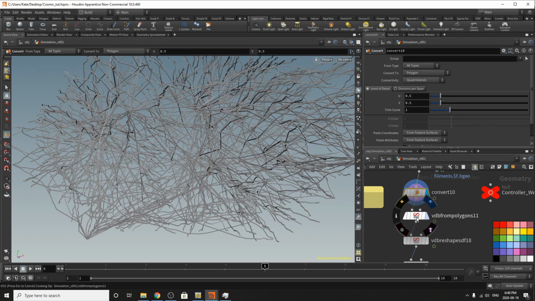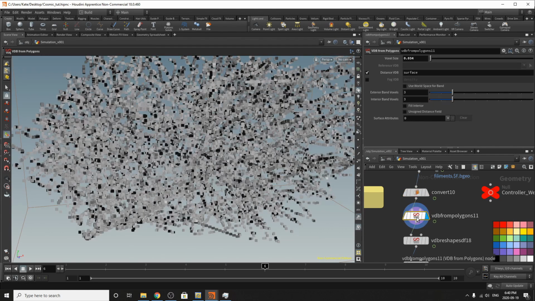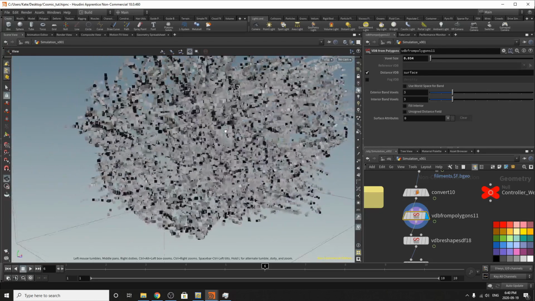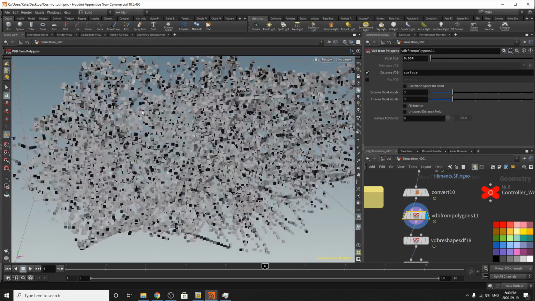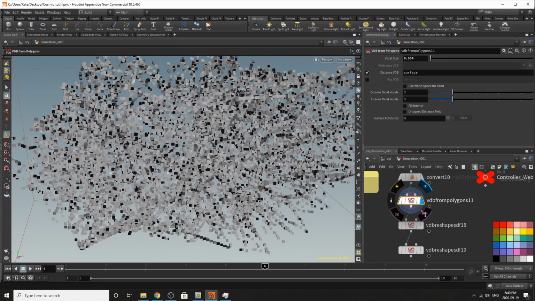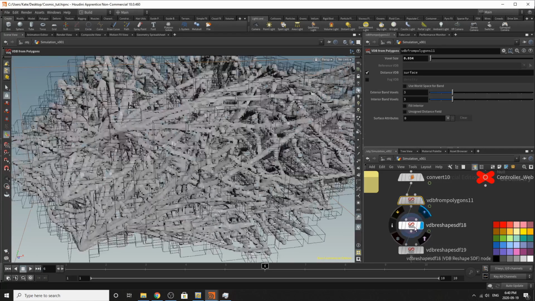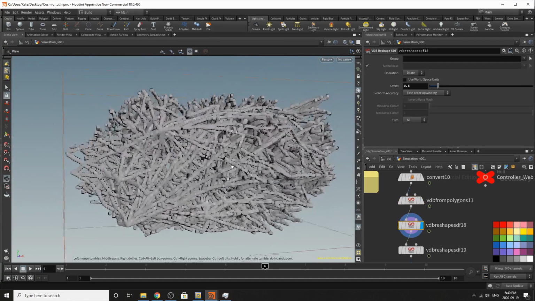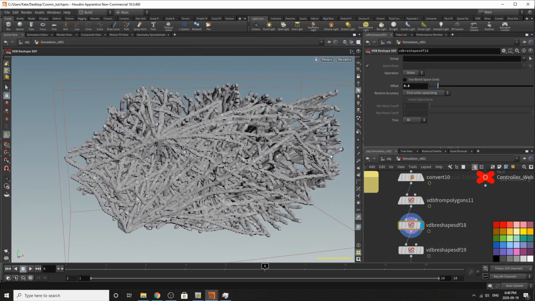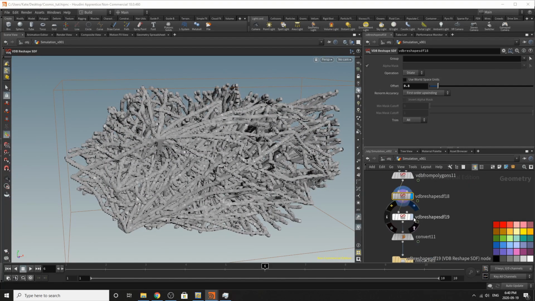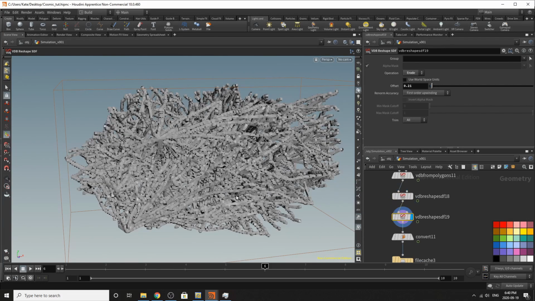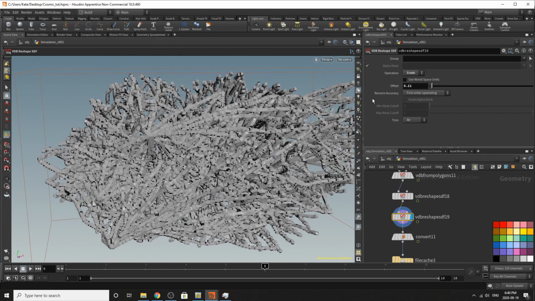I've laid down a VDB from polygons, and it looks a little bit awful actually, because of how blocky the VDBs are, but in a second you'll see that everything is actually fine. We've reshaped the VDBs, so they look really thick, and the offset is 0.8, and then we've taken a reshaped VDB, and we've eroded it by 0.21,